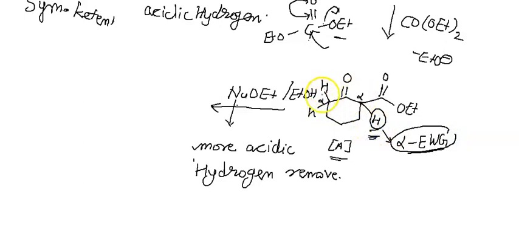See, these two hydrogens are conjugated with only one carbonyl group, and the other hydrogen is conjugated with both electron withdrawing groups. So there is a possibility of more acidity for this hydrogen. So in the next step, NaOEt